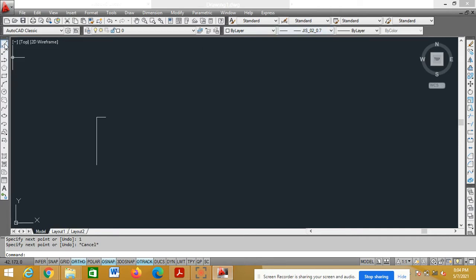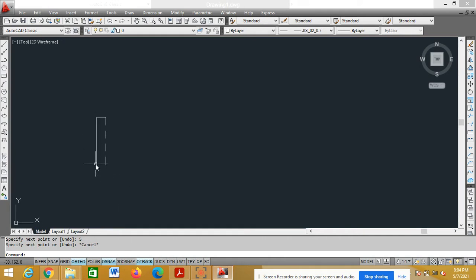Again go to the draw line. Click on the endpoint of the horizontal 1 mm line. Draw a vertical line of 5 mm again. Type 5 on the keyboard, press enter, escape. See, now I've got two lines.